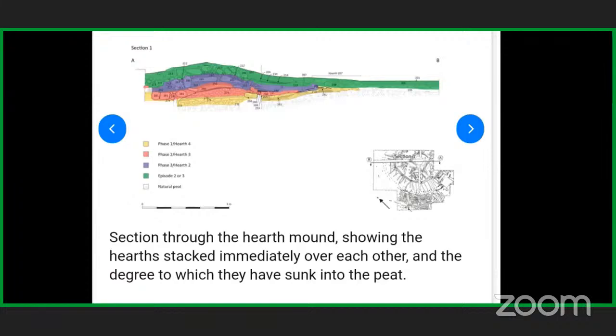Weeping willow, maybe crack willow, goat willow, all some typical weeping willow, and the point is that's not mentioned in any of the reading, but I reckon that willow grows along boggy, marshy landscapes, right? So I'm thinking that would have been used, but I've got no real evidence of it. Now, this is a very interesting cross section, and the reason why this is interesting...